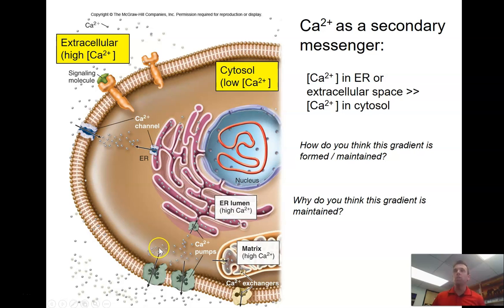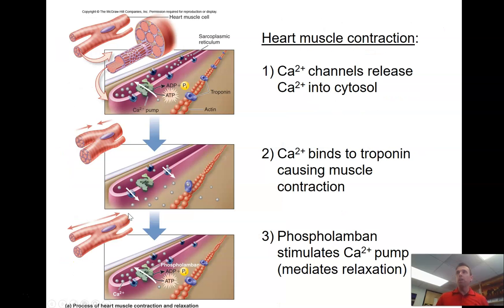And one of the things we'll learn about in this unit is regulating the release of neurotransmitters by opening calcium channels and allowing calcium to flood in. But another thing that's regulated by calcium in the cytosol is muscle contraction. And this is true for the heart and other muscles. So muscles have the sarcoplasmic reticulum. This is kind of like the ER where the calcium is being stored. And then when a neuron stimulates the muscle to contract, that calcium will be released